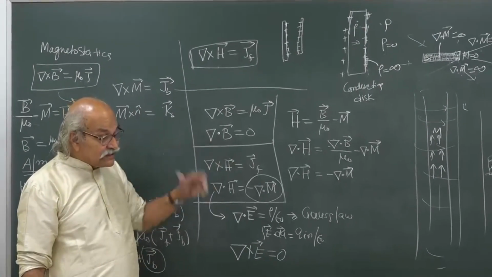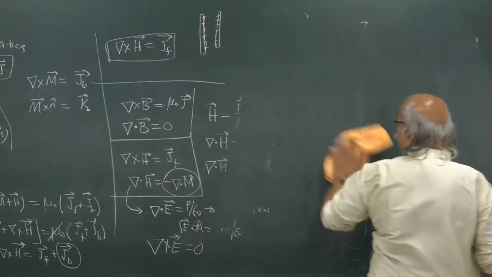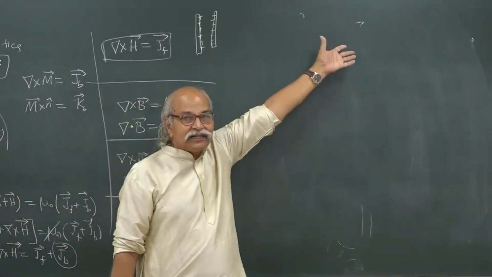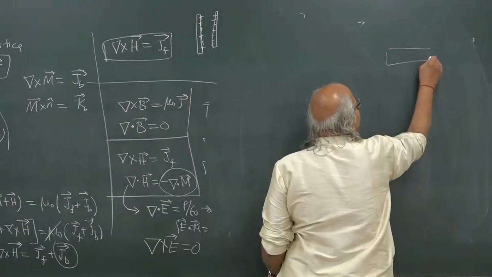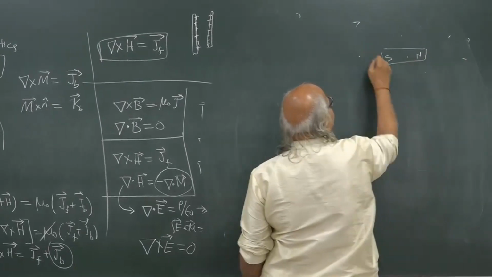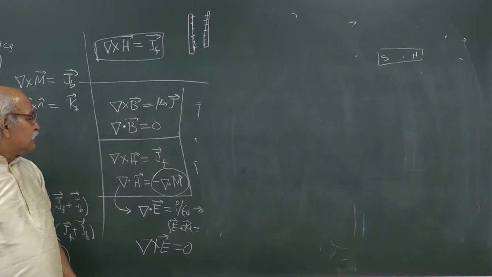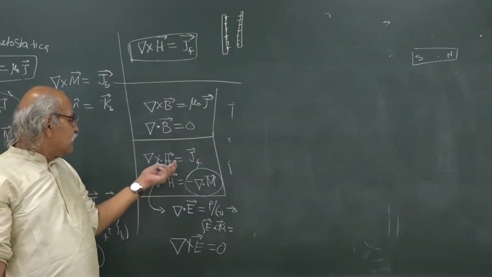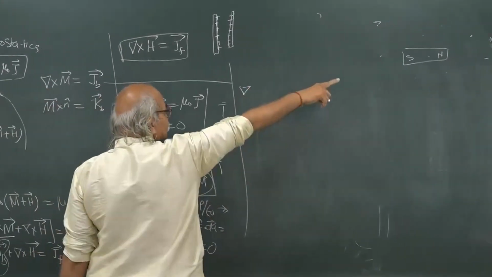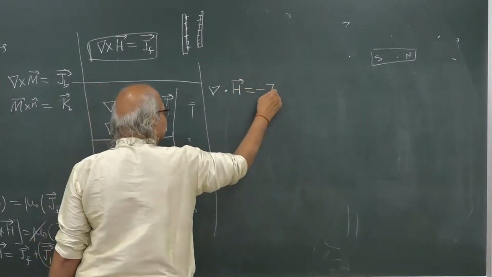But then consider situations where you do not have free currents, like the magnet, this is a magnet, and then we are asking H here, H here, H here, H here. There are no free currents, only bound currents are there. If there are no free currents, this JF is 0 and curl of H is 0. So you have situations like this, magnet here, the divergence of H is equal to minus of divergence M,